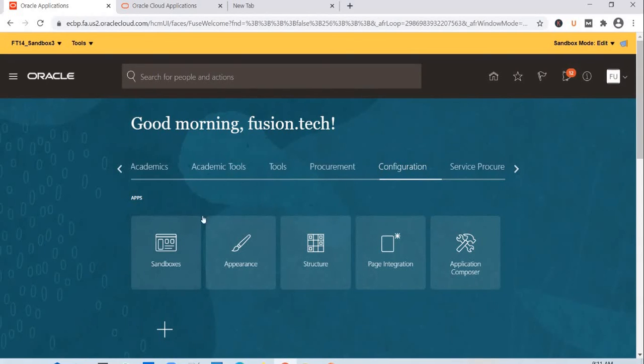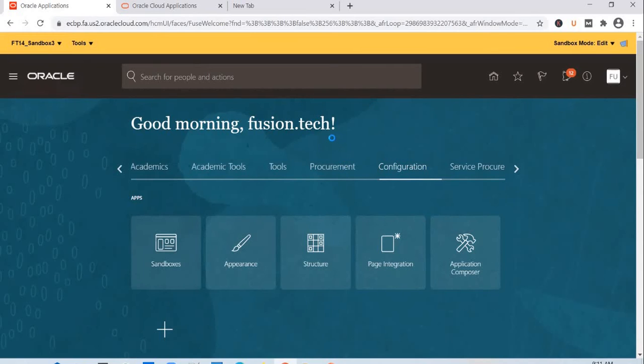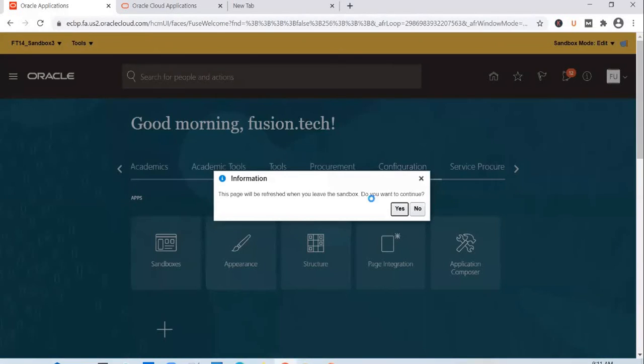And how do you do it? To show you that option, first let me come out of the sandbox, otherwise you won't see that option here. So if you go into the sandbox now, this sandbox, and if you see the files, you will see the files that you have edited already. Okay, so you edit the sandbox now, leave the sandbox, edit, sorry, exit.